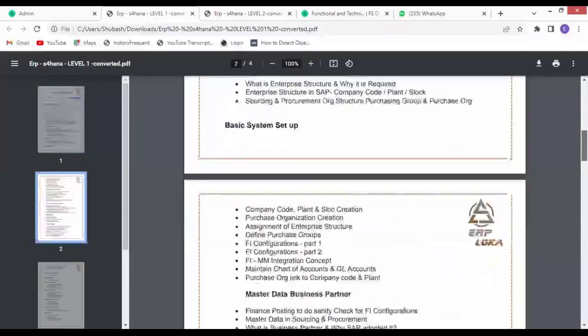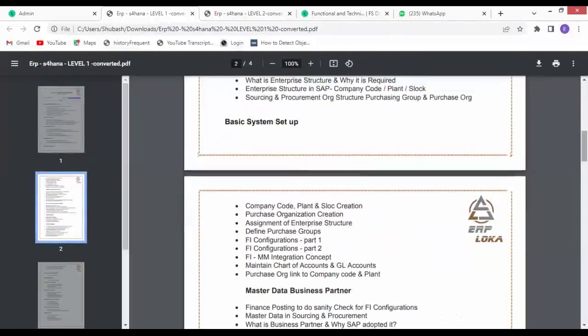Then if I move further, we will also discuss how we are going to integrate our system. For example, we only work with material management, which is procurement. Material management is going to just do purchasing.